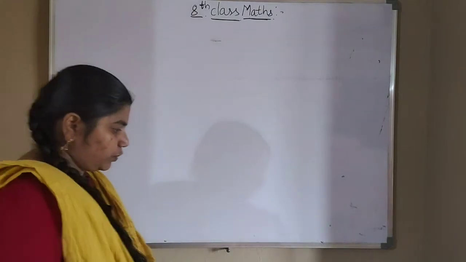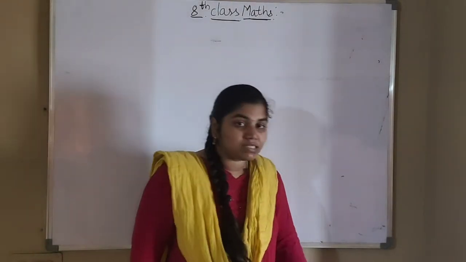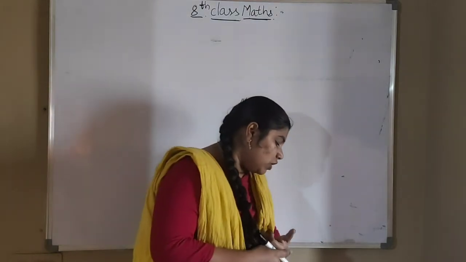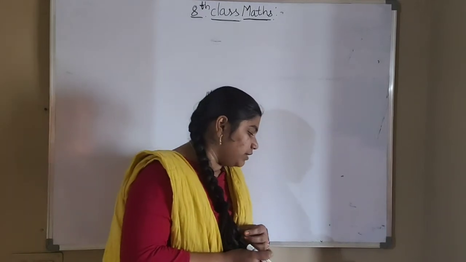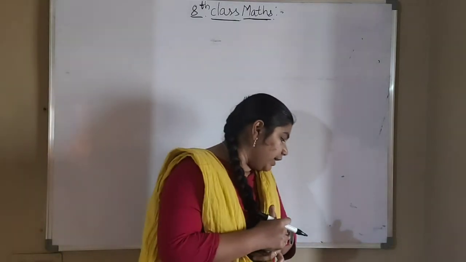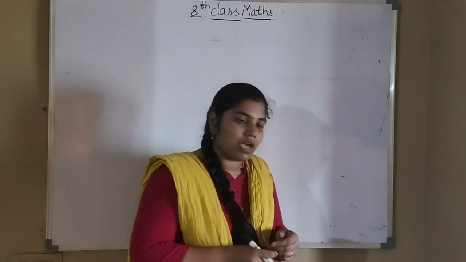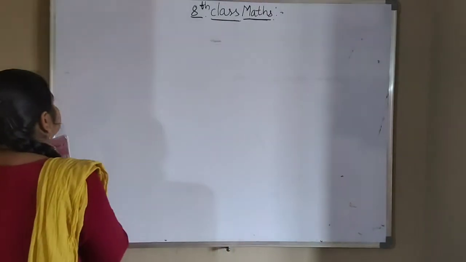So what is the next question? Check whether 456 and 618 are divisible by 6. So these two numbers are divisible by 6 or not, we have to check. Also check whether 6 divides the sum of 456 and 618. If you add these two values, 456 and 618, we have to check whether that result is also divisible by 6 or not.